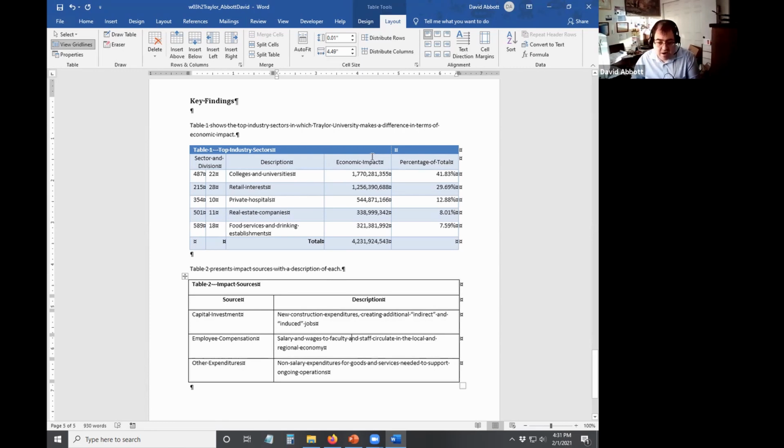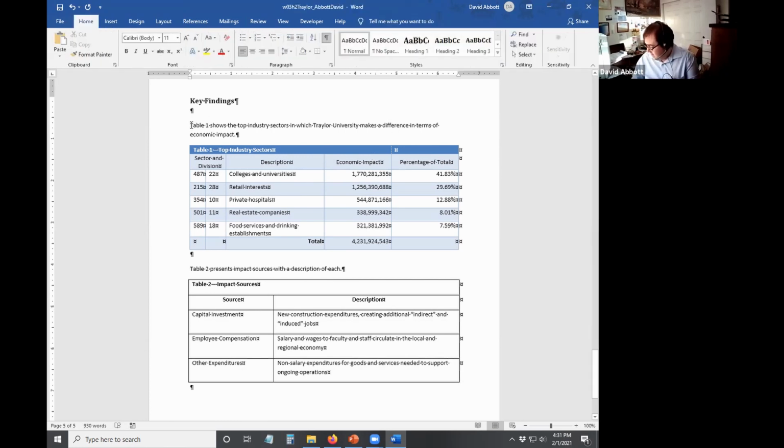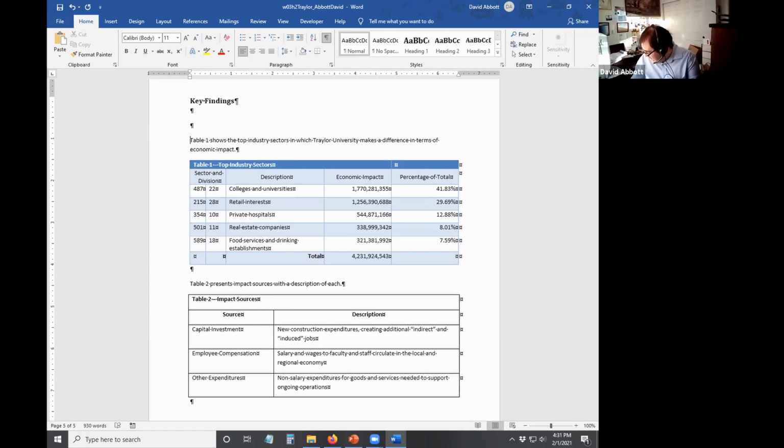And the file you've already downloaded, it was on Canvas, and we downloaded it. What we're going to do is click before the word Table 1 right there, and then we're going to go ahead and press enter. Then we're going to click before the second blank paragraph in Key Findings, so right here. And then we're going to go ahead and